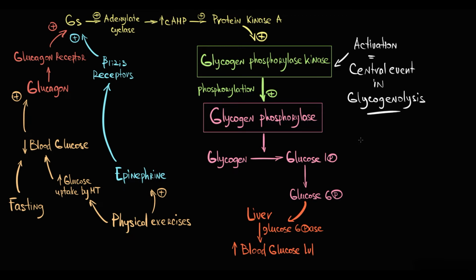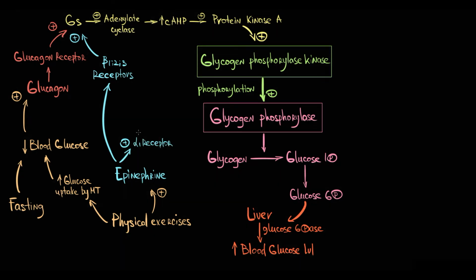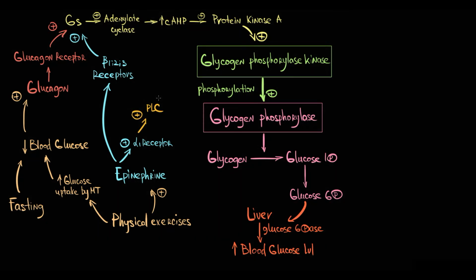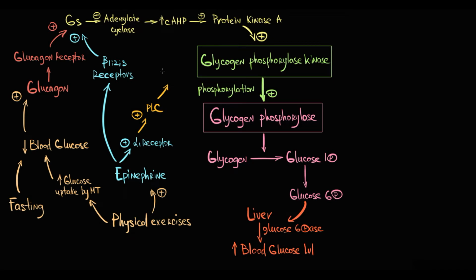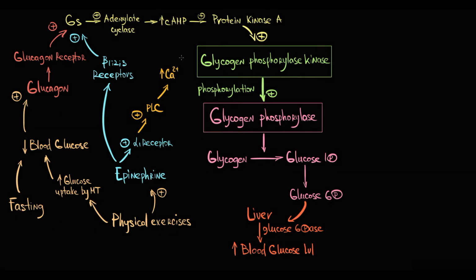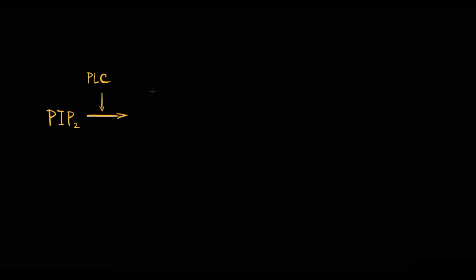regulation of glycogenolysis. In addition to this, we should know that epinephrine also acts on alpha-1 receptor in the liver tissue. And the activation of alpha-1 receptor causes stimulation of phospholipase C. Activation of phospholipase C results in increase in intracellular calcium level, and the increase in intracellular calcium level directly activates glycogen phosphorylase kinase. Recall that the mechanism is that phospholipase C catalyzes the hydrolysis of phosphatidylinositol bisphosphate with formation